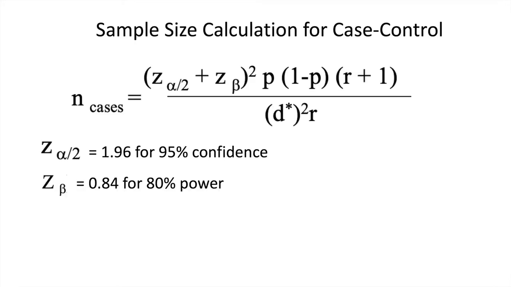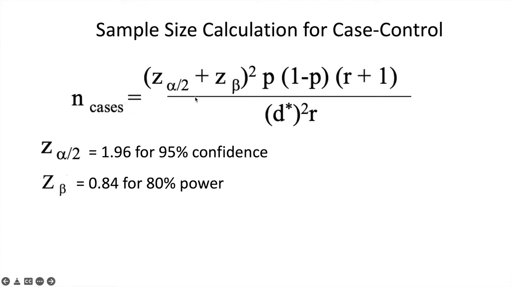So in this video, I'm going to go over some sample size calculations for case control studies and go over an example. So this is the general formula. It looks kind of complicated, but I'm going to go over what each of these things mean. So what this will spit out at the end is the number of cases you'll need,